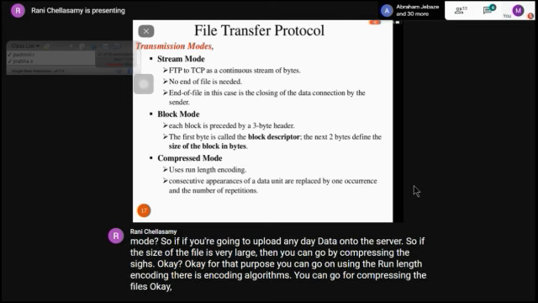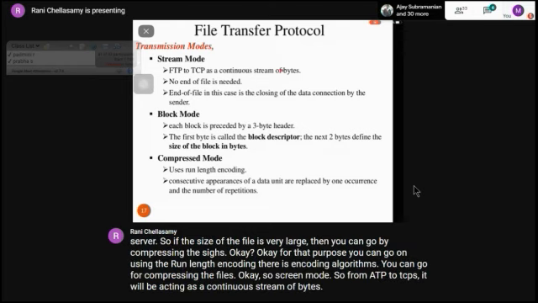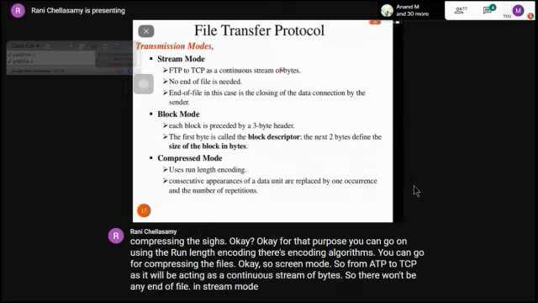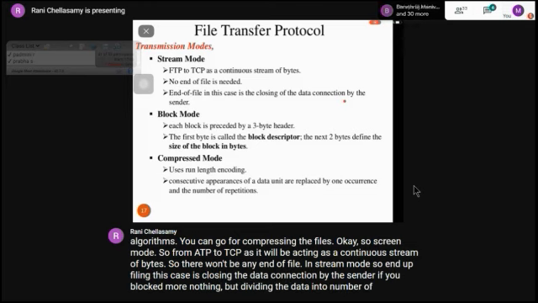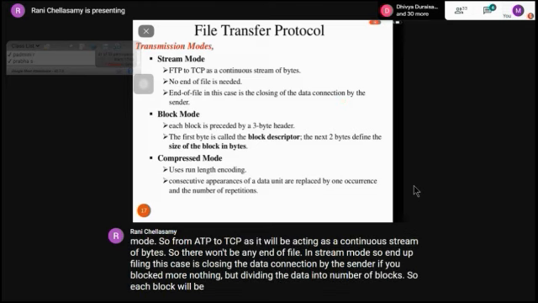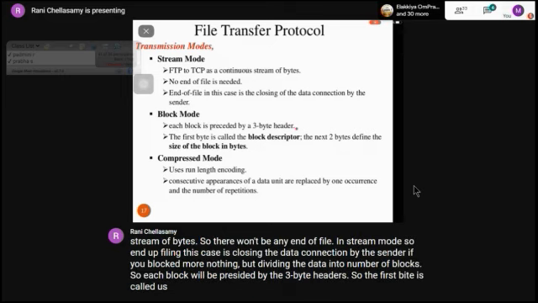So stream mode: from FTP to TCP, it will be acting as a continuous stream of bytes. There won't be any end of file in stream mode. End of file in this case is closing the data connection by the sender. Block mode is nothing but dividing the data into a number of blocks. Each block will be preceded by a 3-byte header. The first byte is called the block descriptor,